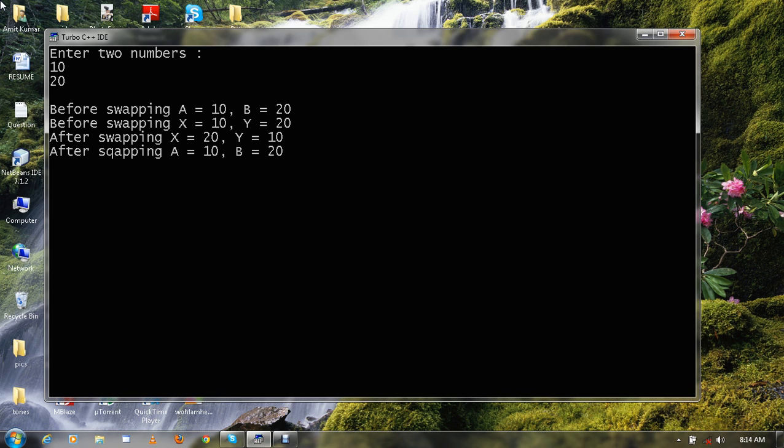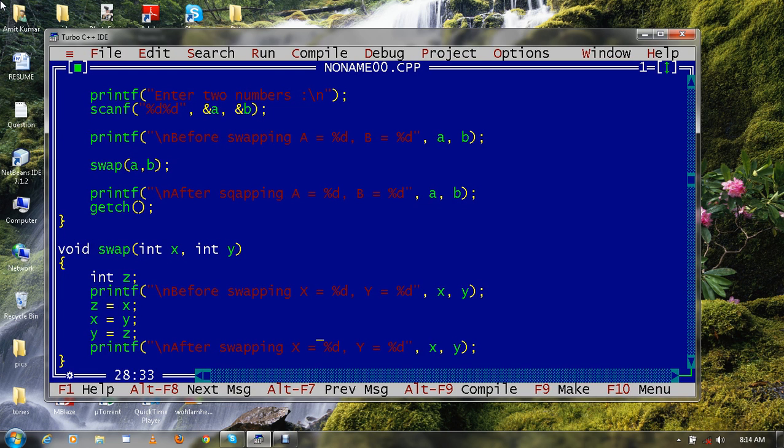To let you understand what is happening here, let me first tell you how many types of parameters there are. There are basically two types of parameters. The first type is the parameters which you pass while calling the function. These are known as actual parameters. They are the real parameters.